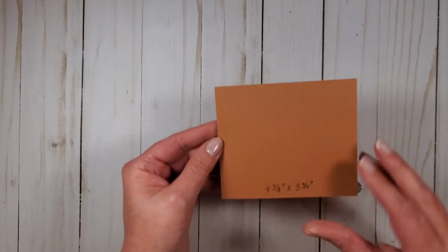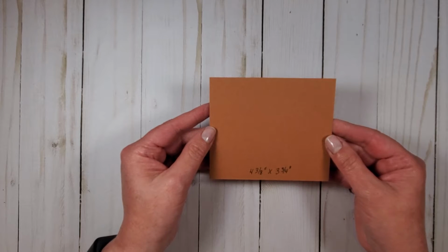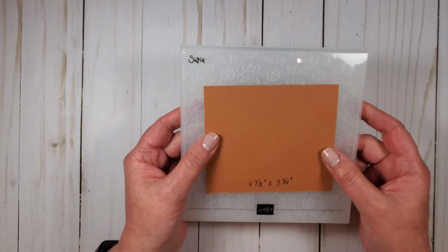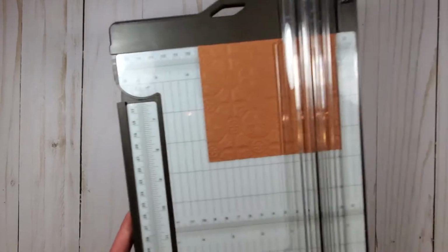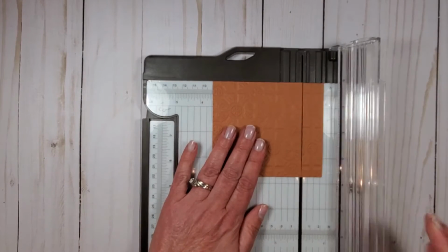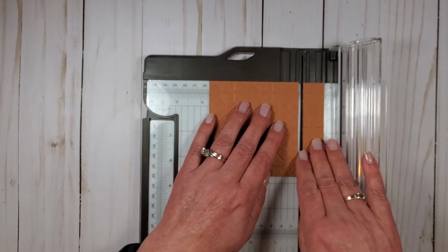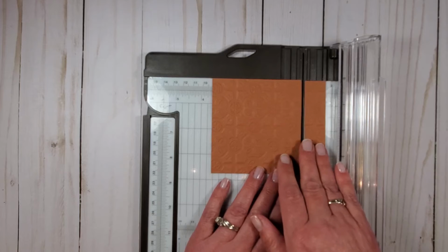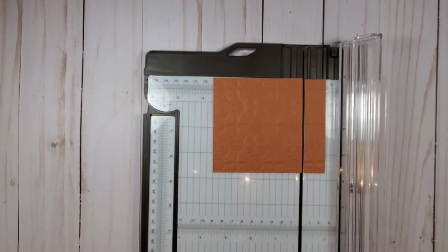So to get started, what I did was take a piece of cardstock in all 5 In Colors, measured 4 3/8 by 3 3/4, and I did a different color in each embossing folder that I had listed out. Once that's done, you're going to have the piece that's embossed, and then I put it on my cutter and I made strips of 7/8 of an inch. So I was able to get 5 out of one piece. And when you do this with all 5 colors, you'll have enough strips in order to make 5 cards with